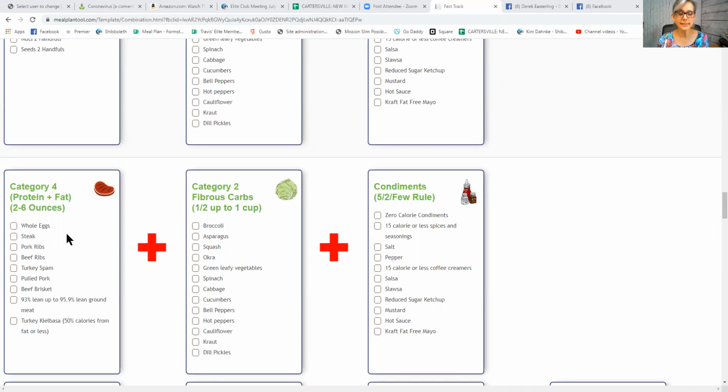If you'll notice, this says 2 to 6 ounces when the others said 2 to 8 ounces. And that's because